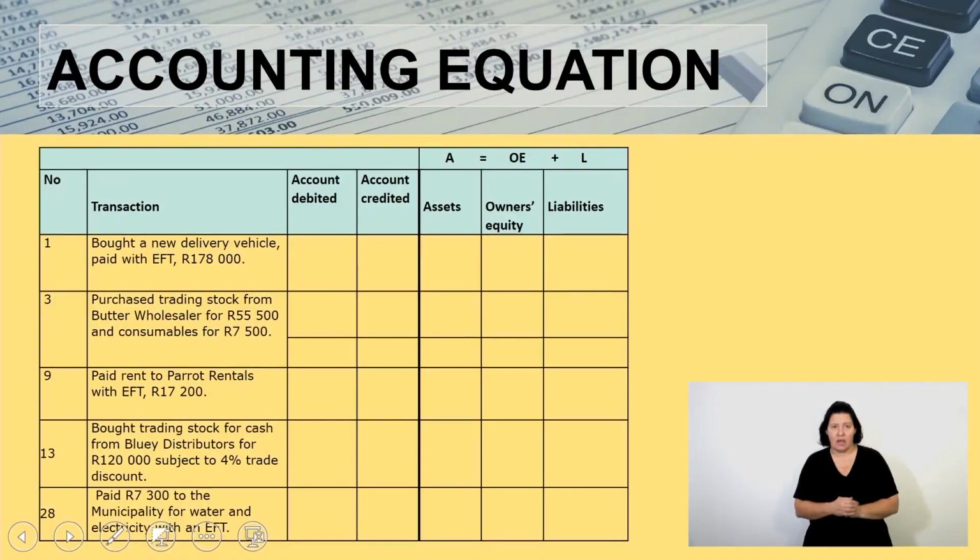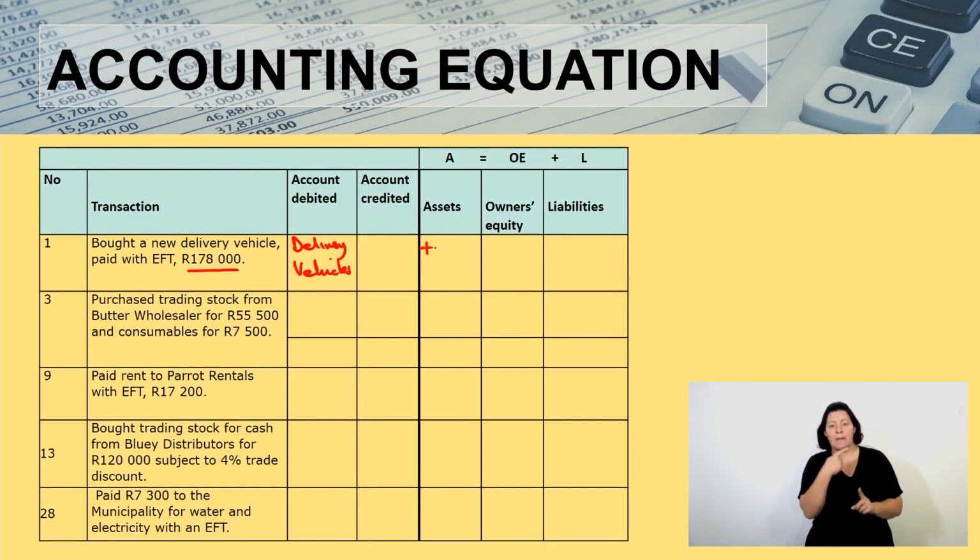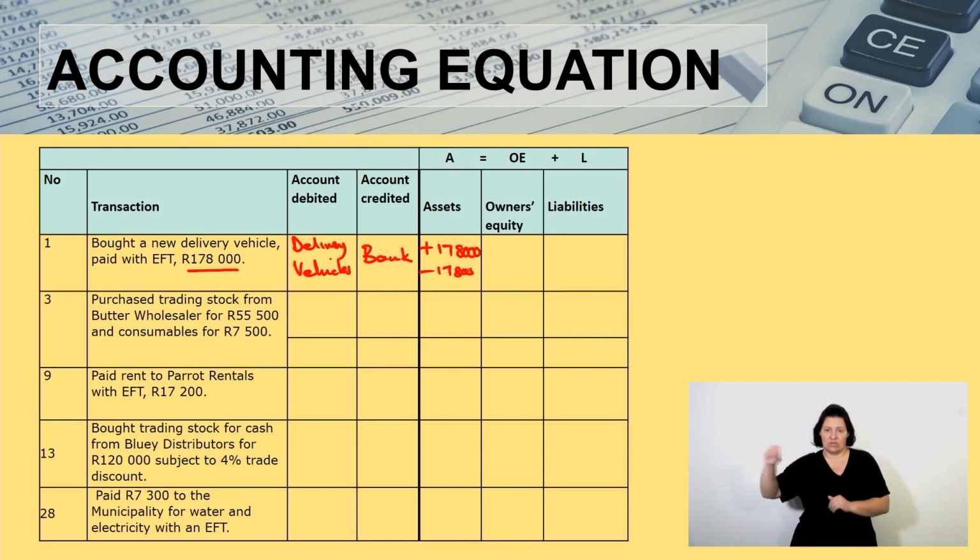Let's quickly do the accounting equation. It says, bought a new delivery vehicle and paid with EFT 178,000. Two accounts are involved, therefore one account debited, one account credited. Which account do we debit? It is your delivery vehicles. This is an asset, so it comes here, plus 178,000. And then account credited, we are paying from the bank, so we credit bank, minus 178,000, which therefore gives